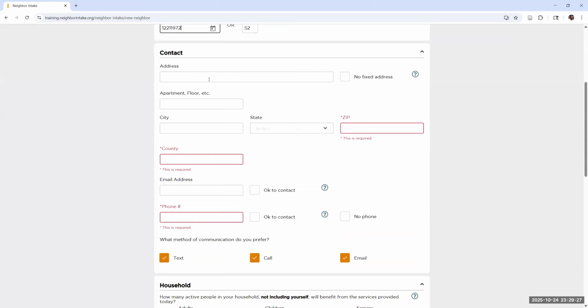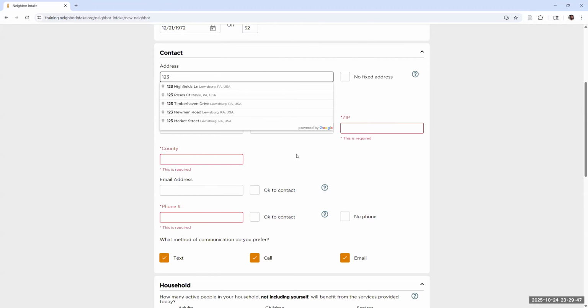However, in practice, lots of neighbors give you their address if you ask. It's useful for us from an advocacy point of view to be able to say, hey, look, here's where people are using our food pantries. Here's how we need to prepare for that. But that is absolutely not required. So if neighbors don't want to give it, they don't have to. But we will say Mickey Mouse lives